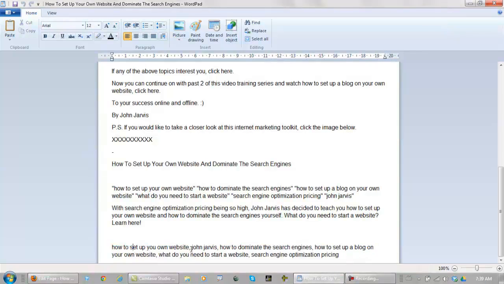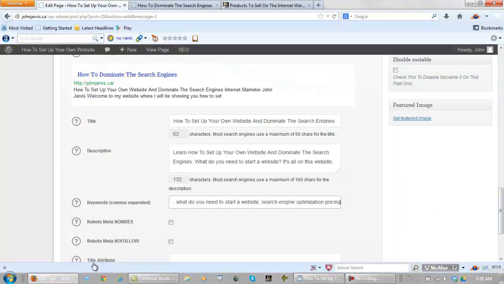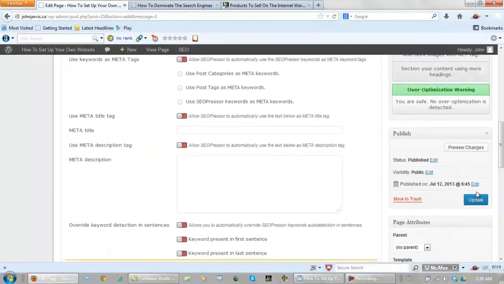How to set up your own, I made a mistake there for sure. How to set up your own website. My name, how to dominate the search engines. How to set up a blog on your own website, what do you need to start a website, and search engine optimization pricing, because these are all related. So copy, back here, paste the proper keywords in here without the spelling mistakes. I come back here, I update it,